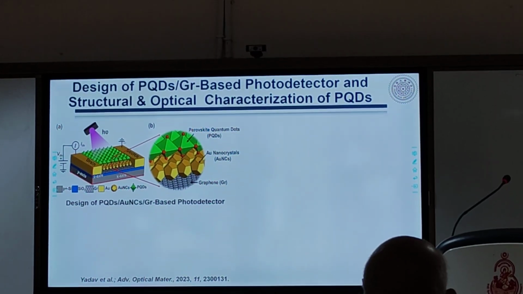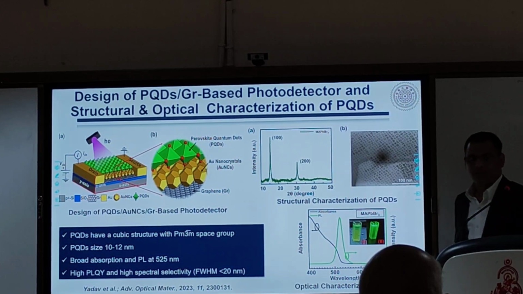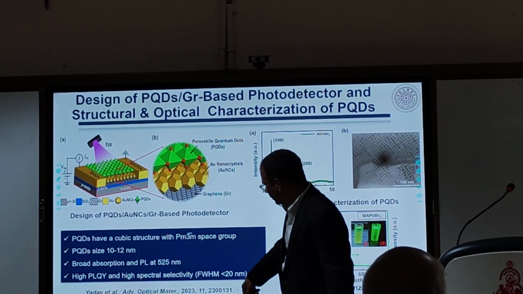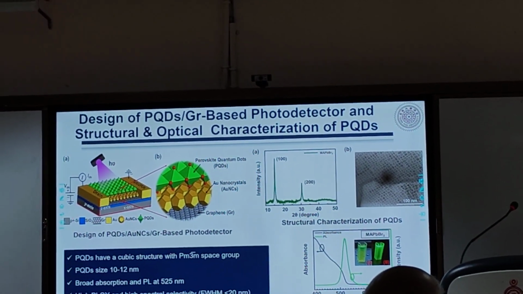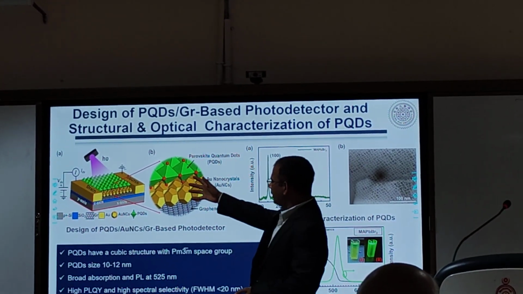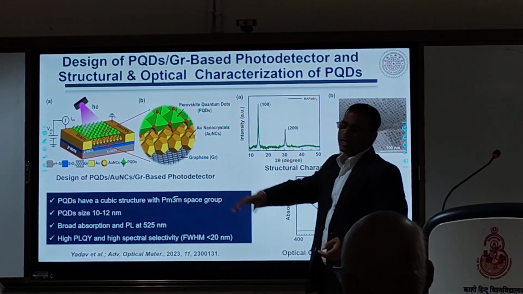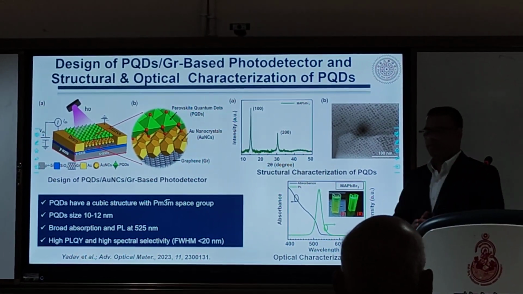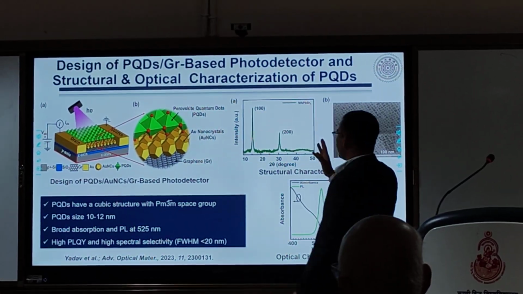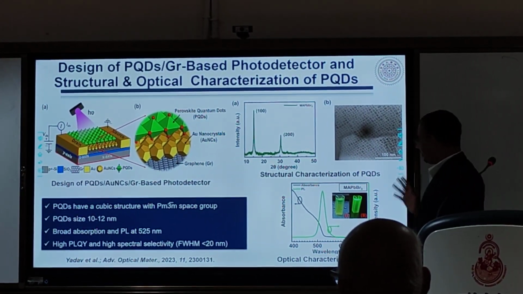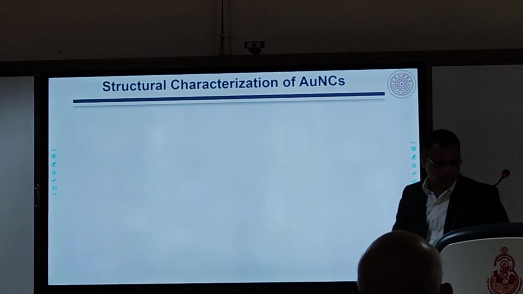What is the size of that quantum dot? Okay, I'm going to talk about that here. So here we have compared. This is the TEM image. This is the scale bar, and we have seen a size of 10 to 12 nanometers. So here is our schematic, and this is the zoomed image. You can see here we have the graphene and nanoparticles. Nanoparticle size is also on the nanometer order, like 27 nanometers, 45 nanometers, 50 nanometers. And here is the perovskite quantum dot. Here we have done XRD and TEM to characterize the synthesized perovskite quantum dot,